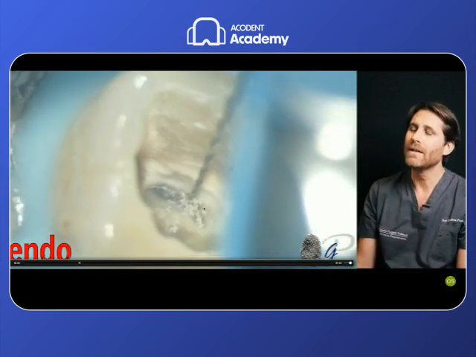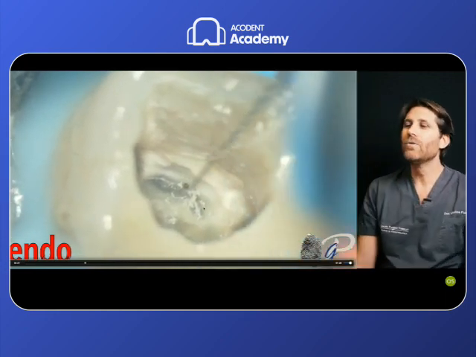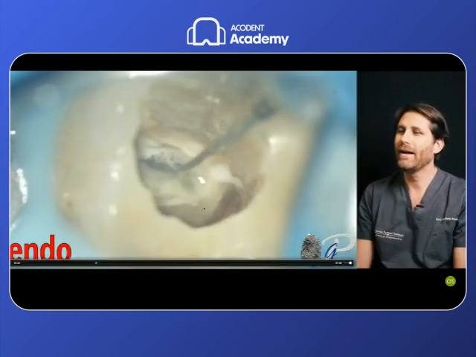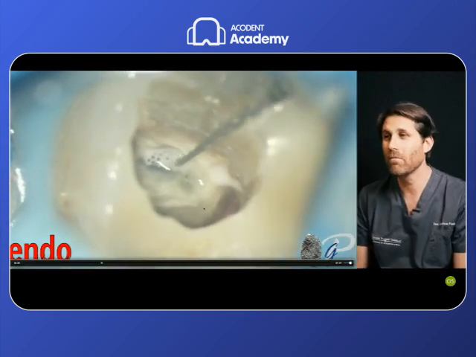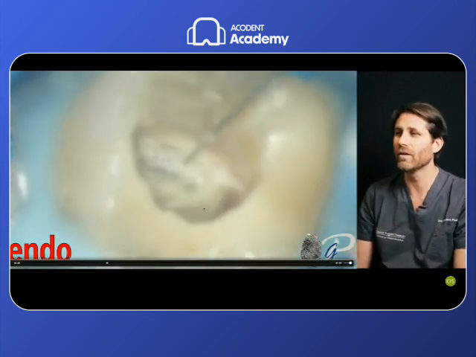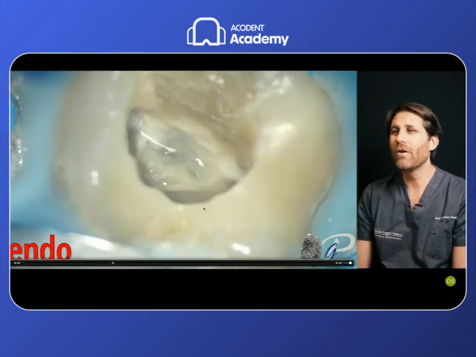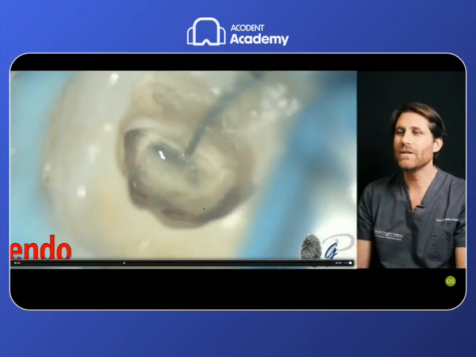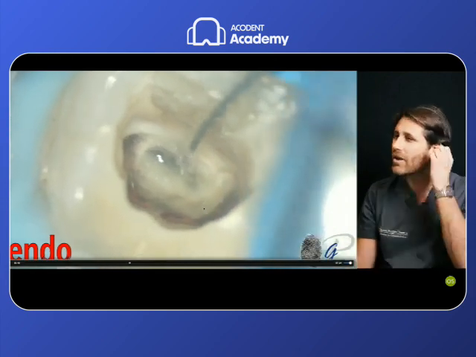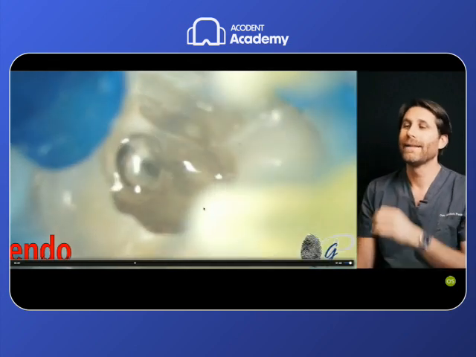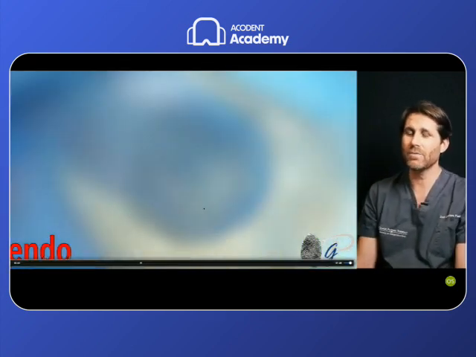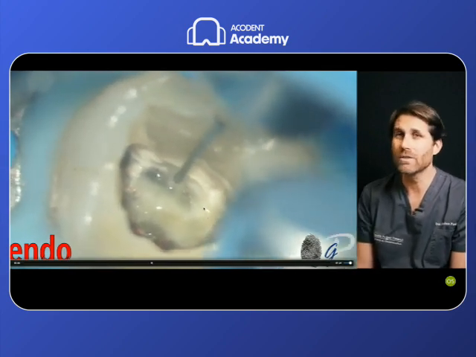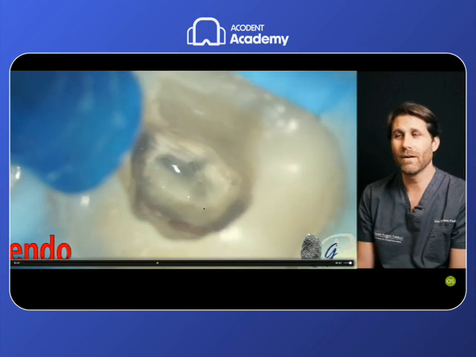And again, the small AirPilot file used with 3 up and down pecking motions, 3 to 5 up and down pecking motions, irrigation, and again 3 up and down pecking motions. This is the clinical technique for how to use it to penetrate this root canal very, very slowly. But you can see that advancing very slowly, 1 millimeter or less each time, each peck, we are able to deliver the instruments to proceed safely because it is in reciprocation, so it never binds past its